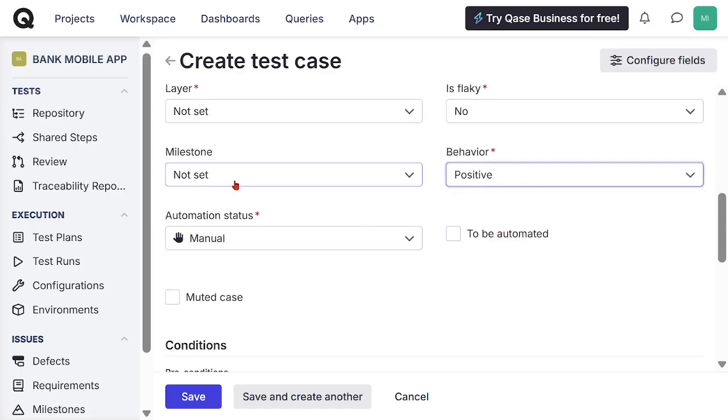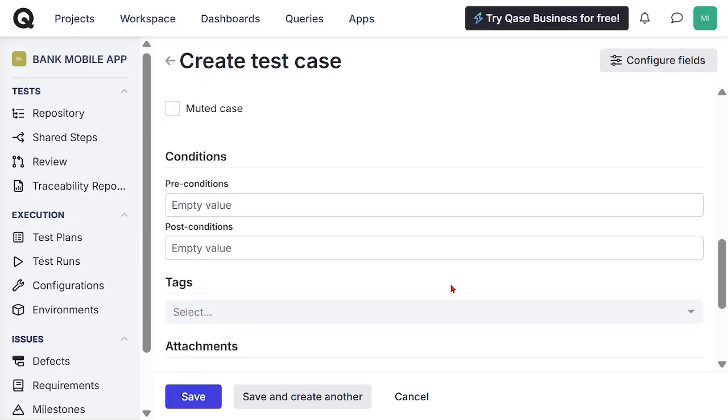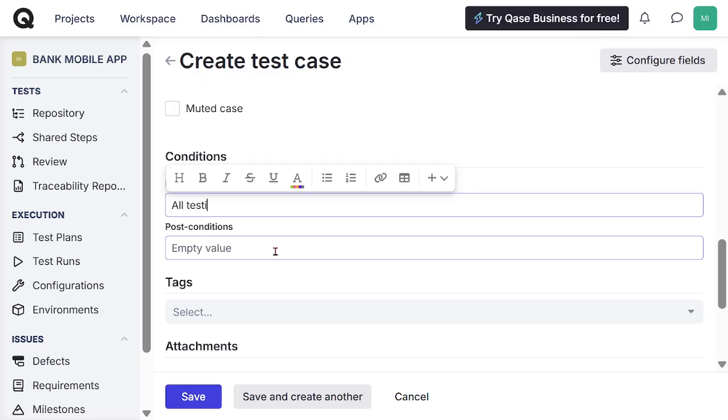Behavior should be all positive. Milestone, acceptance milestone. Okay, precondition: all testing complete. As you should know, smoke, functional, regression and performance are the responsibility of the organization's internal quality assurance department, and